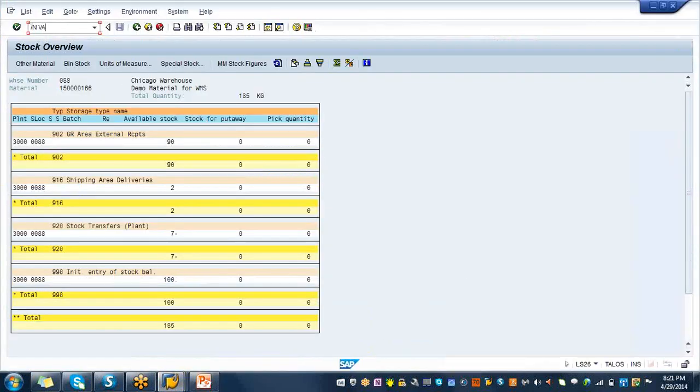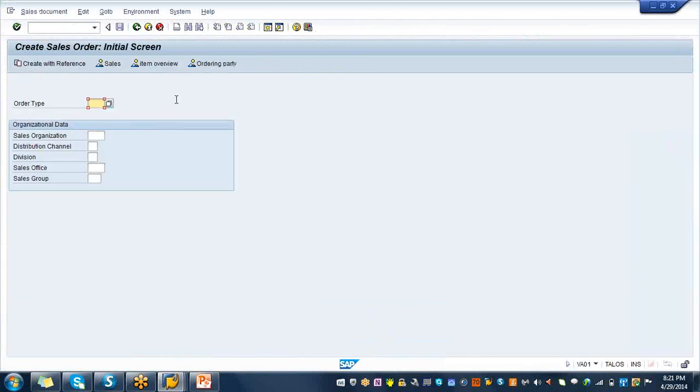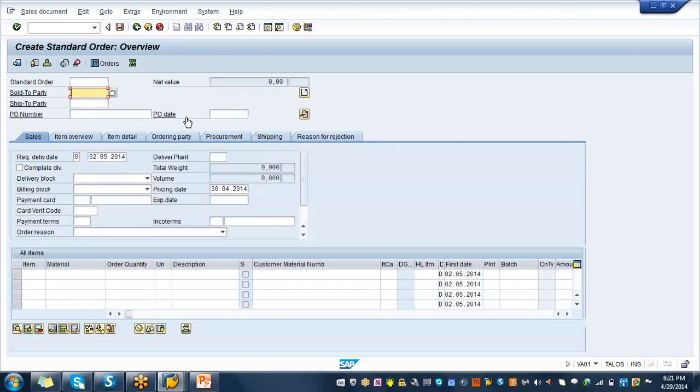/N VA01, enter, and you have standard order 3000, distribution channel 10, division 00, enter, and you know your sold to party 3000, shipped to party 3000, and your PO number 3000, PO date, put some date, and the material 150,000, order quantity 4, planned 3,000,